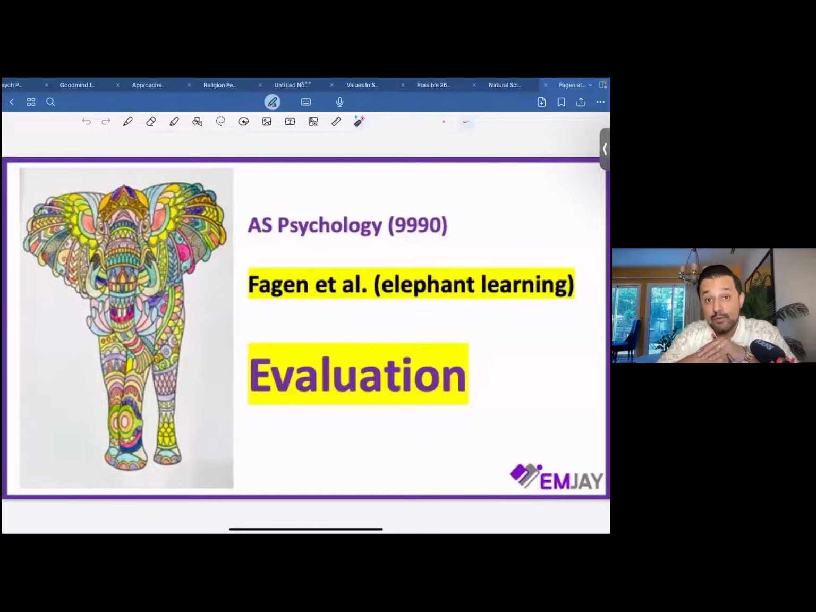Hello, everyone. Today, we'll be discussing a few evaluative points related to the study that was conducted by Fagen et al. This study was conducted in 2014 in Nepal. Now, when we speak about the significance of these evaluative points, in our CIE paper